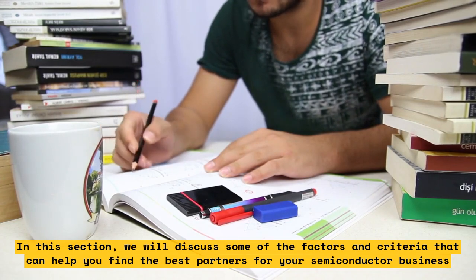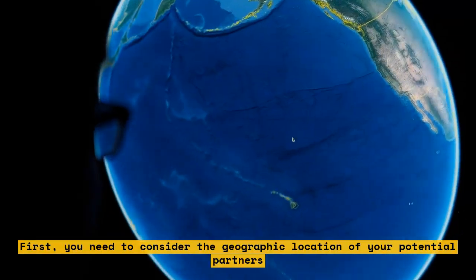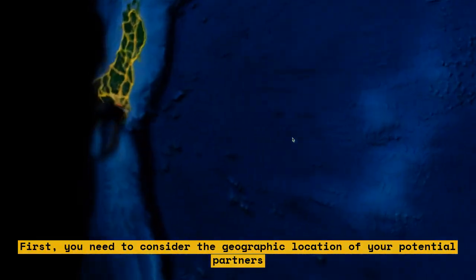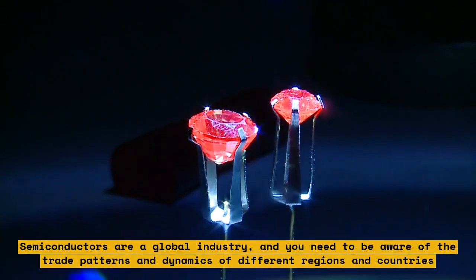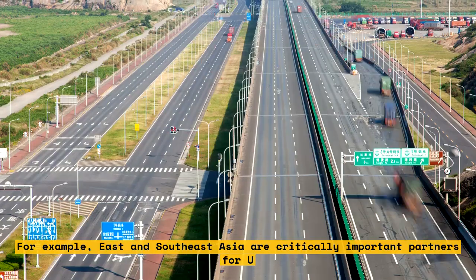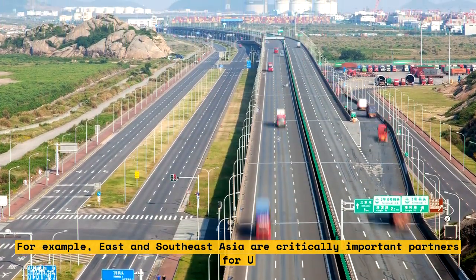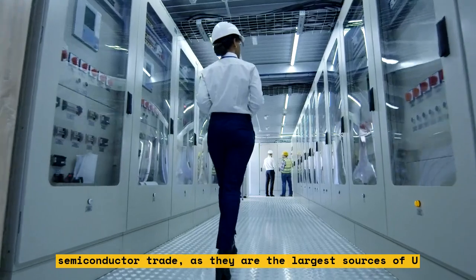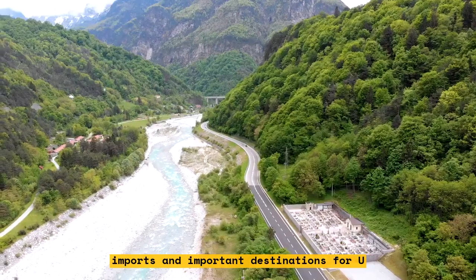for your semiconductor business. First, you need to consider the geographic location of your potential partners. Semiconductors are a global industry, and you need to be aware of the trade patterns and dynamics of different regions and countries. For example, East and Southeast Asia are critically important partners for semiconductor trade, as they are the largest sources of your imports and important destinations for your